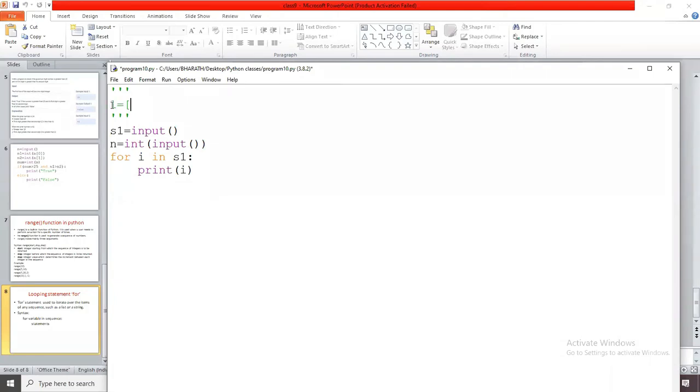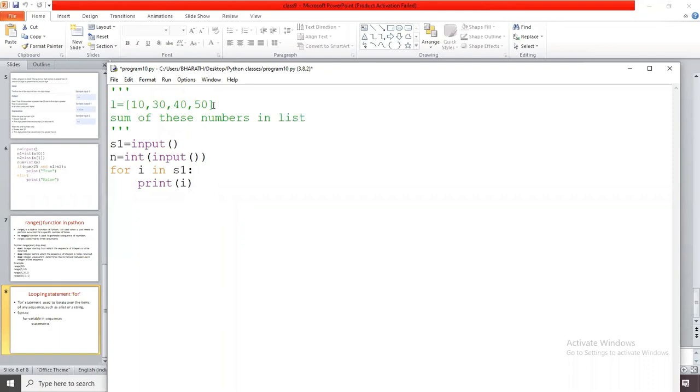So list equals 10, 20, 30, 40, 50. In future classes we discuss more about the list. At this point you all remember the list is nothing but values defined in square brackets. Now I want to print the sum of these numbers in the list.